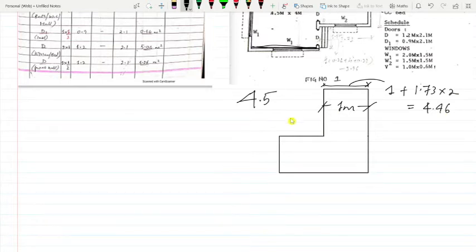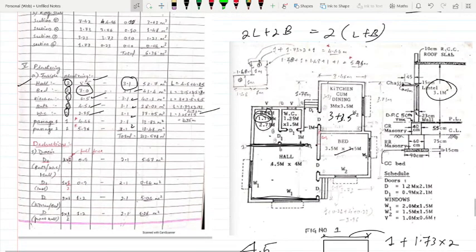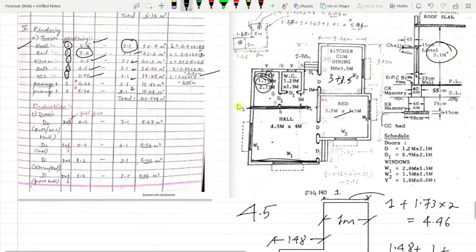This is 1.48 meters done, and again we have 1 meter. This is there. 1.48 plus 1, again plus 1.48, and again 1. Again this much is, again it is 1.48, 1.48, and again this is 1 meter. Okay, fine, I understood. See, this what diagram I have made here, tell me.